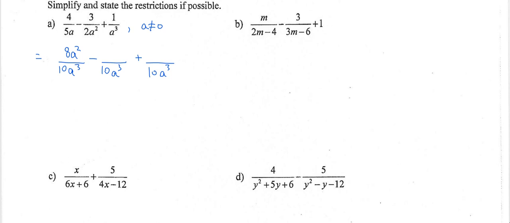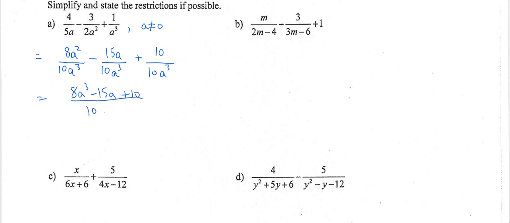So that's a multiplication by 5a. So my numerator is going to be times 5a. So 3 times 5a. My last one is going from a cubed to 10a cubed. So it's just multiplication by 10. So I will do that to the numerator too. And my final answer is 8a cubed minus 15a plus 10